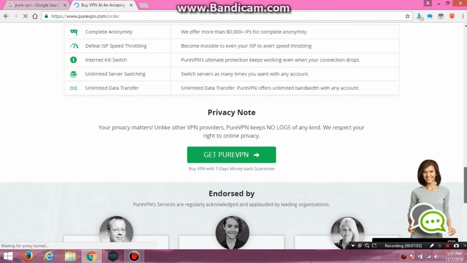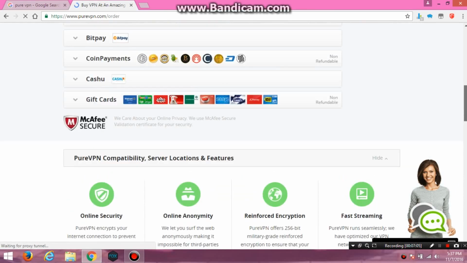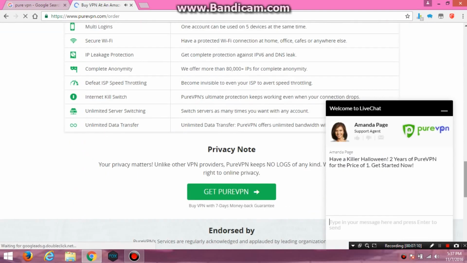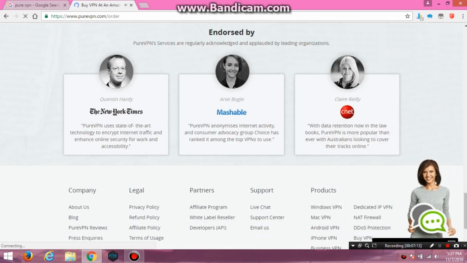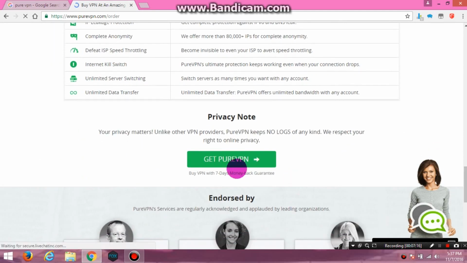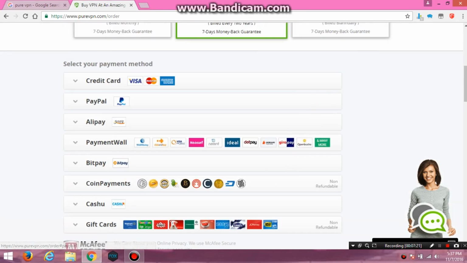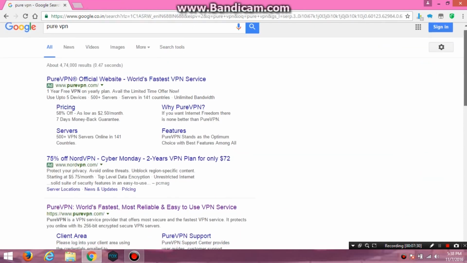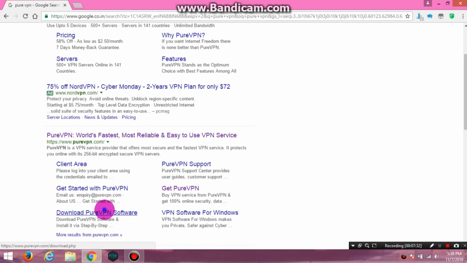Here you can see that it is showing only paid options for that, but you will see here YVPN with a 7 days money back guarantee. I do not prefer this, but if you use it for professional use, this is very good. And I think its free version is also available, as I am using the free version. Let me show you the link for that.